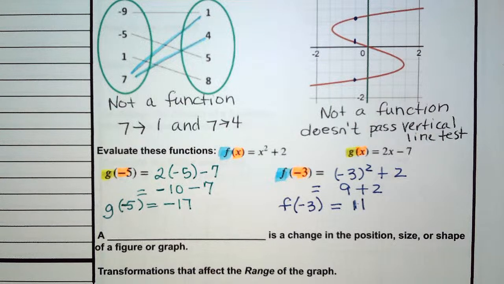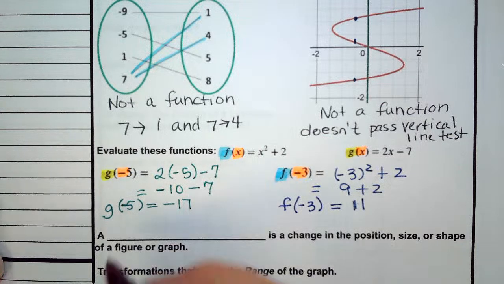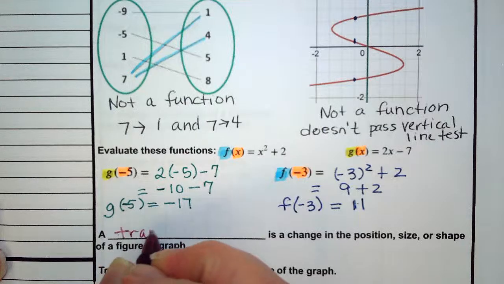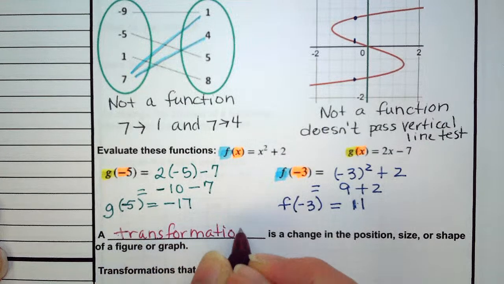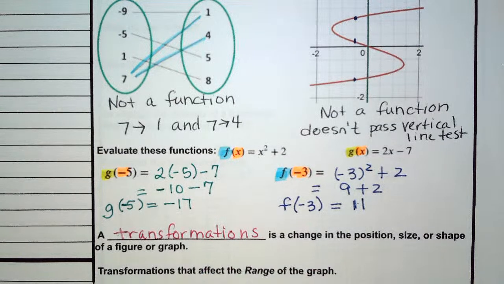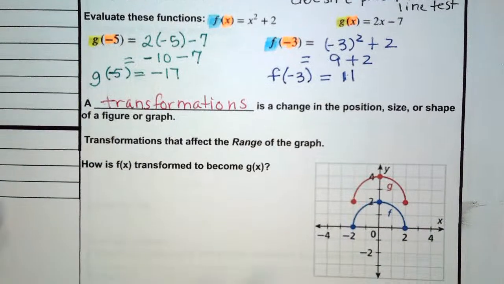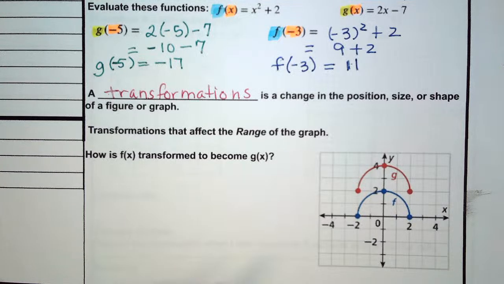A blank is a change in a position, size, or shape of a figure or graph. Well, we're talking about transformations. We're going to split this into two different types. There's one type that just moves it around on your graph. It can move it up, it can move it down, it can move it side to side. There's two different ways you do it, but if we're looking at transformations that affect the range of the graph,